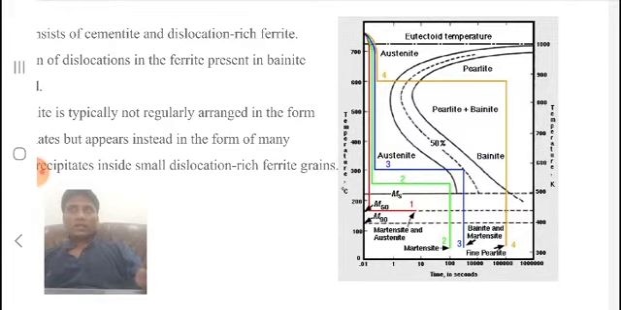So that is the main advantage of TTT diagrams, or continuous cooling transformation diagrams, or isothermal annealing. So this is the basic idea behind the isothermal annealing process. Once we are thorough with the TTT diagrams and CCT diagram concepts and the processes, then isothermal annealing will become very easy to